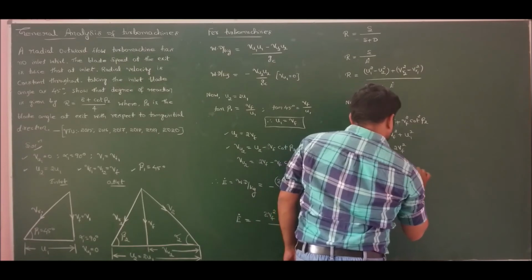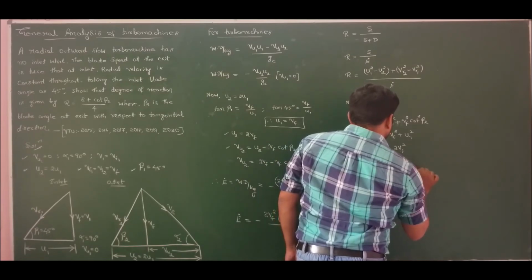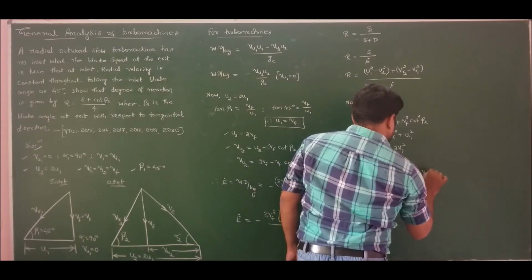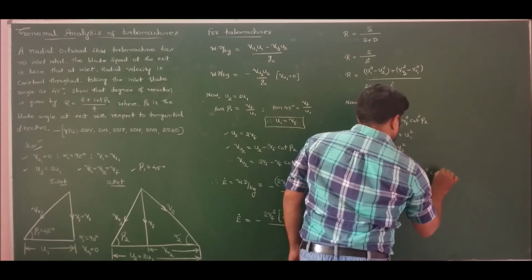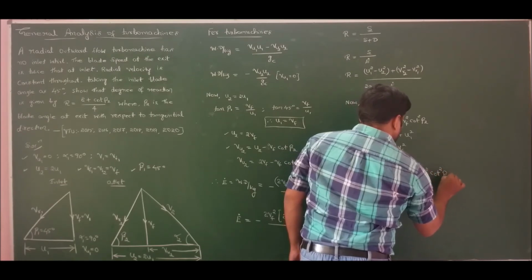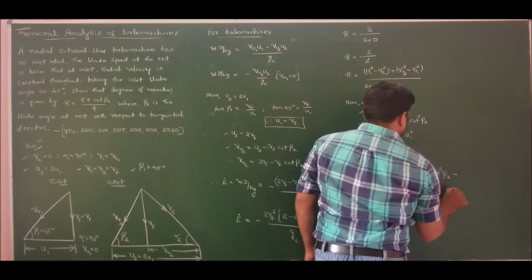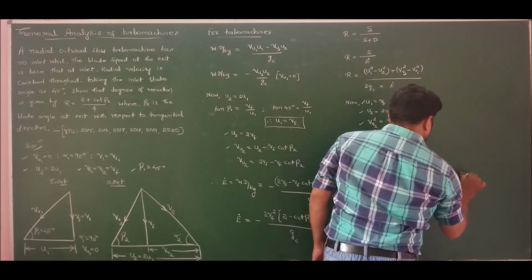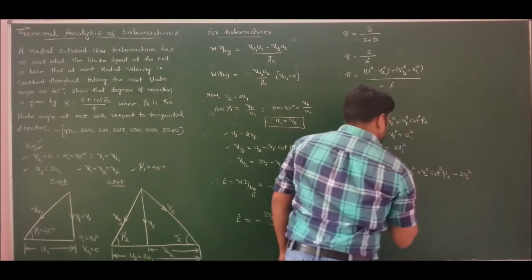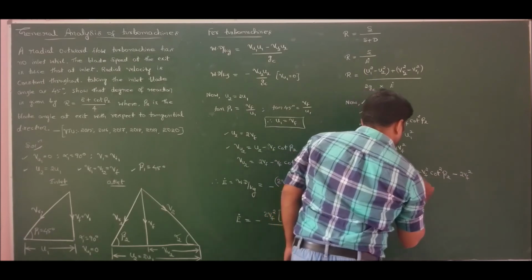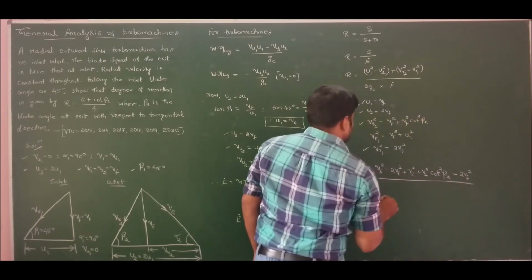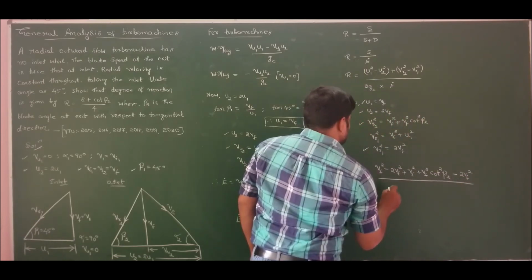VR2 square is VF square plus VF square cot square beta 2 minus VR1 square is 2 VF square. So whole divided by 2 GC